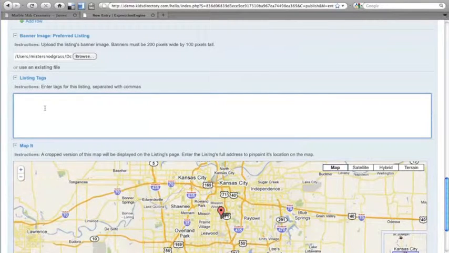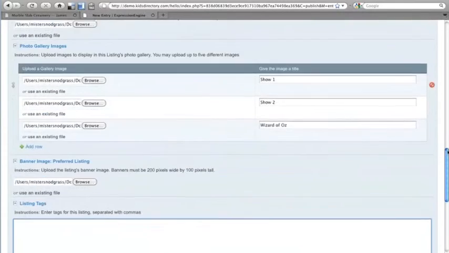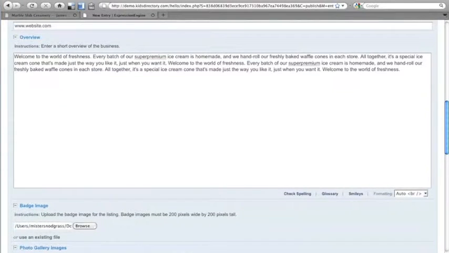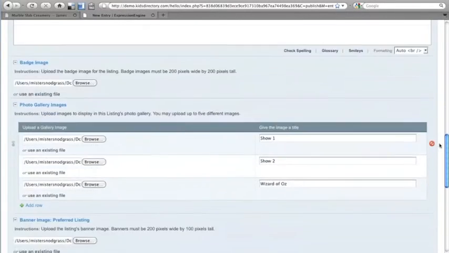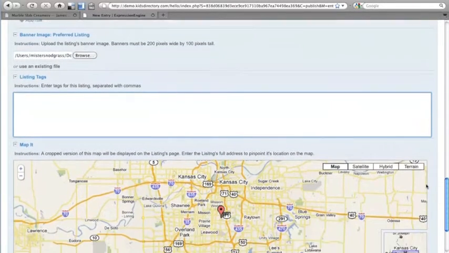So if someone types in something like ice cream, the Marble Slab Creamery advertiser listing would come up in the results. What we want to do with our listing tags is just make sure we haven't skipped over anything that we want the website to recognize, because the site is going to search and find all the words in our overview, all the words in our title,